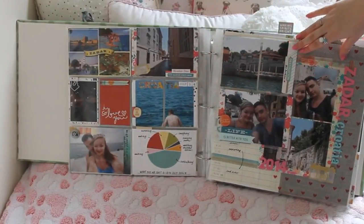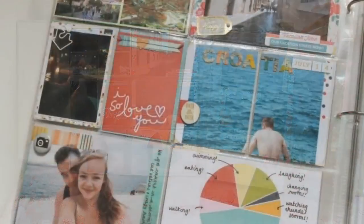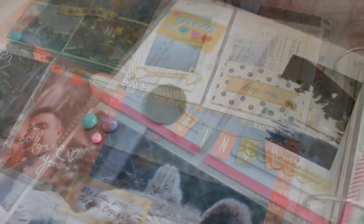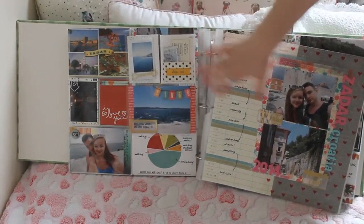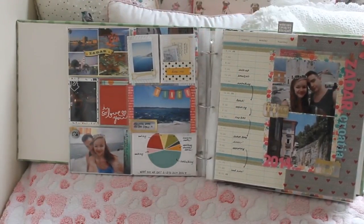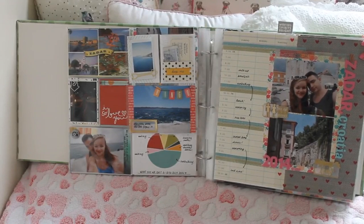And these pages document my trip to Croatia with my boyfriend, and it was a great trip, but I don't like a lot of the scrapbook pages that I made to go along with it, so that's a shame, but they still hold all of the memories and all of the ephemera and everything that I brought back, so it's not that much of a big deal, but I just thought I would add it in there